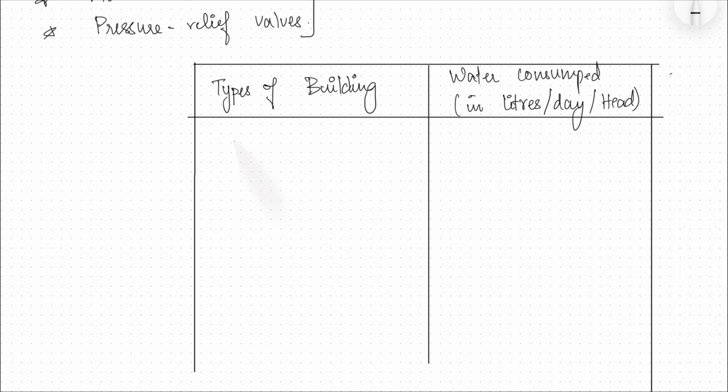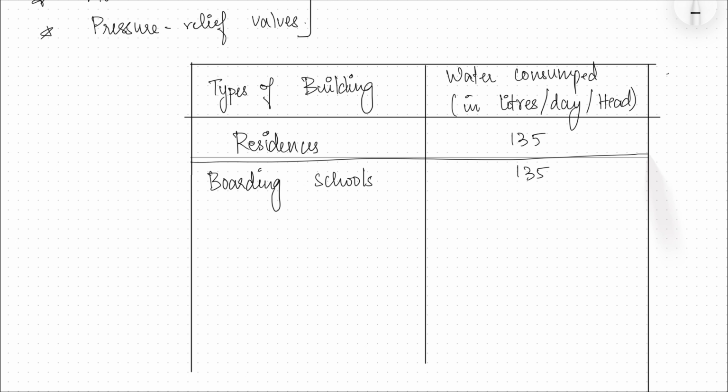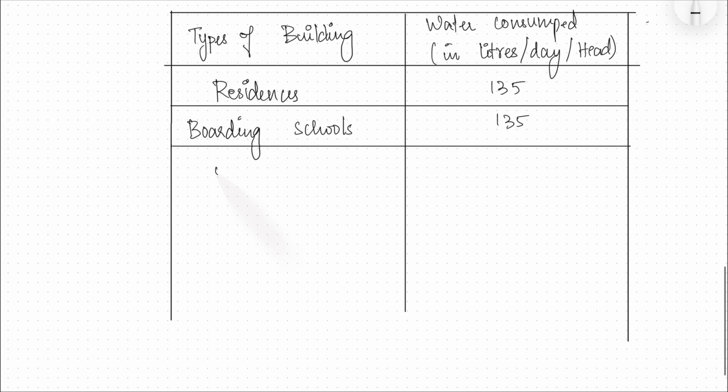Let's talk with residences first. So in residences, we use 135 liters per day per head, and it is the same for boarding schools as well. Schools also use 135. Then you have offices which use 45 liters,